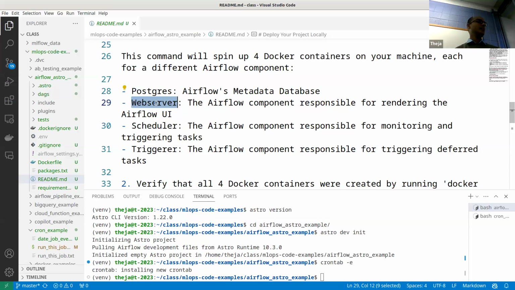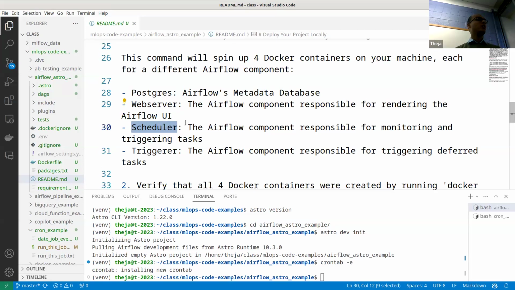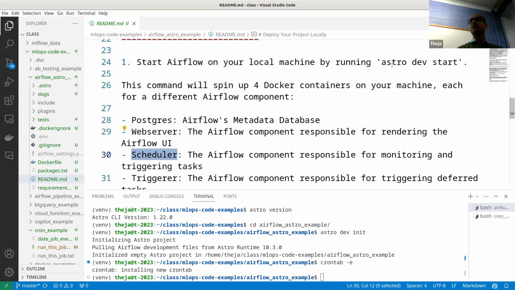The scheduler and the triggerer are considered as two separate containers. The scheduler is the one which schedules, which tells you when to run the jobs, and the triggerer is basically for delayed jobs. Jobs running later, somebody has to get them started. So there's something called a triggerer. But those are the 4 containers that get started when you run astro dev start.